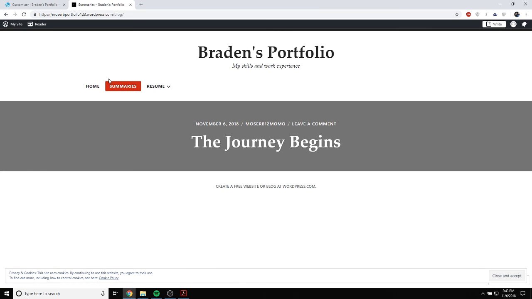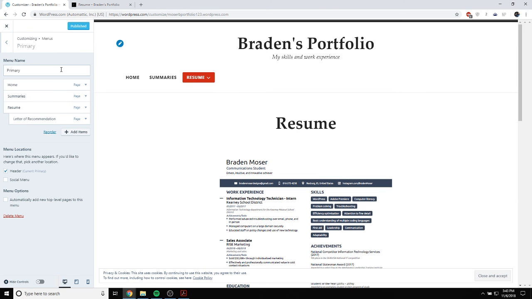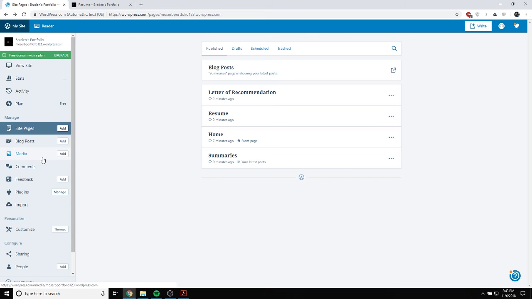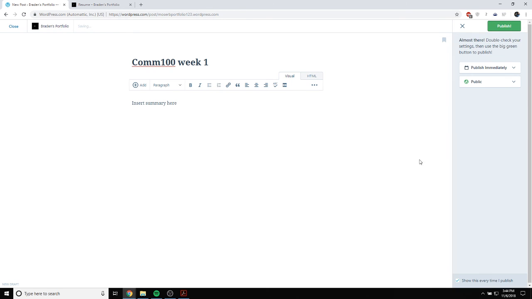As we refresh this side, you'll be able to see on the front end what it looks like. The only other thing you might want to know is if you want to be adding things to summaries pages showing your latest posts, which is your blog posts. So if you see here on the left-hand bar underneath site pages, it says blog posts. So you can add one, and you can say COM 100 week 1, and then, I don't know, insert summary here. And then when you publish that,